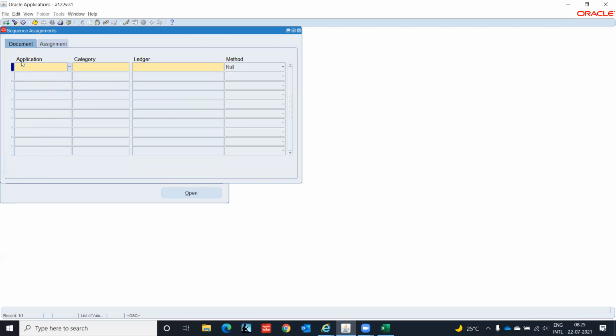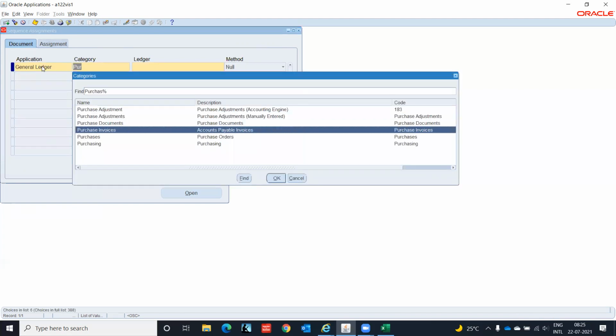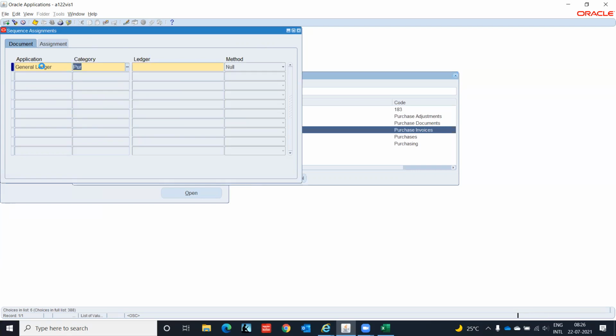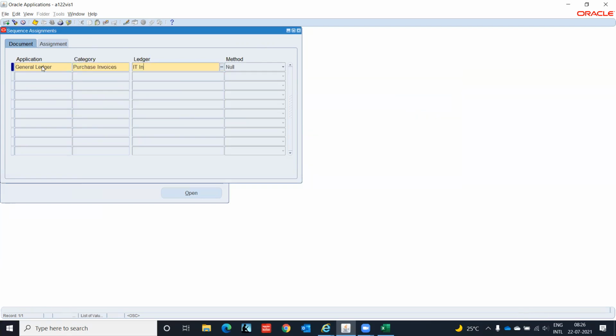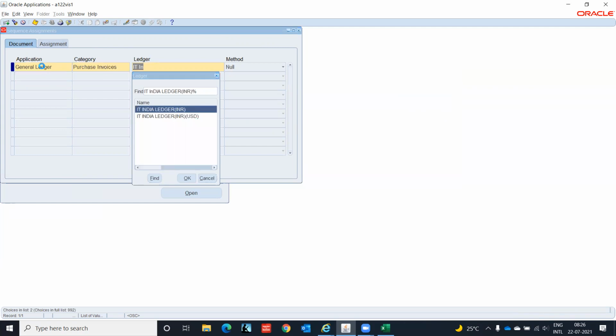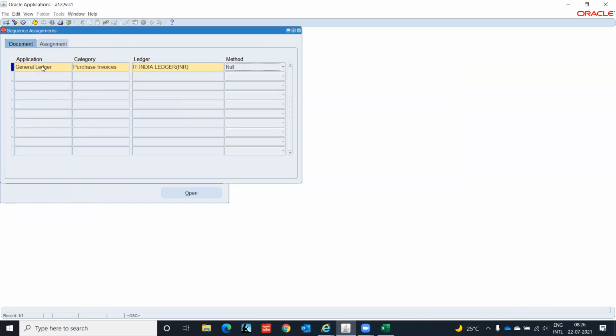Because the document sequence will be linked to our ledger only in the assignment window. So it is general ledger. In the category, it is purchase invoices, accounts payable invoices, ledger IT India ledger. Method is automatic. Start date first Jan 2021.